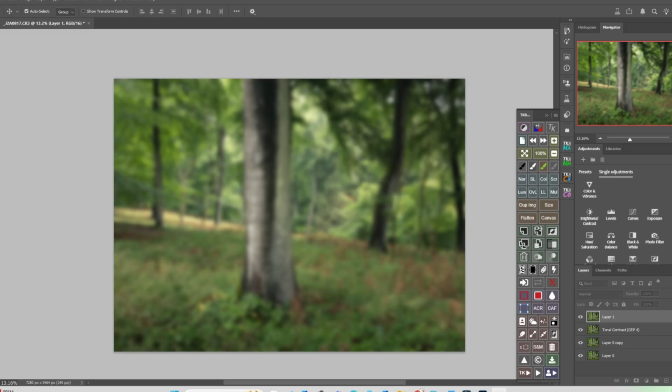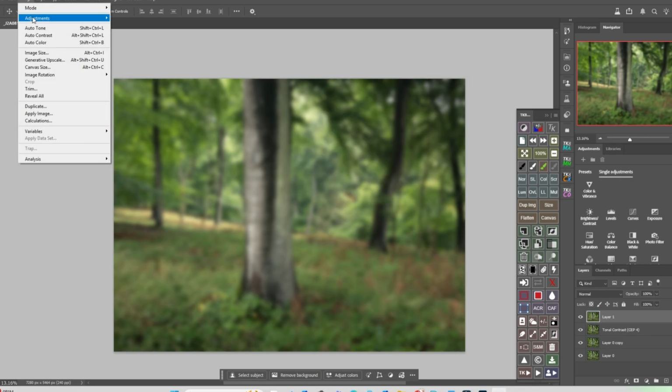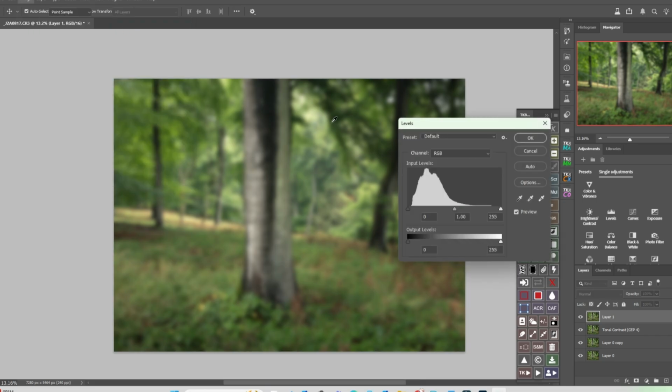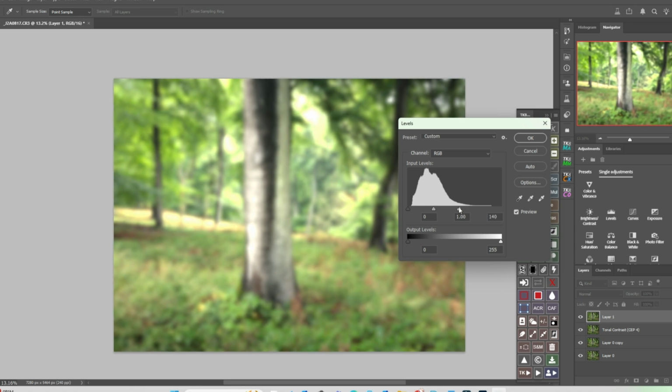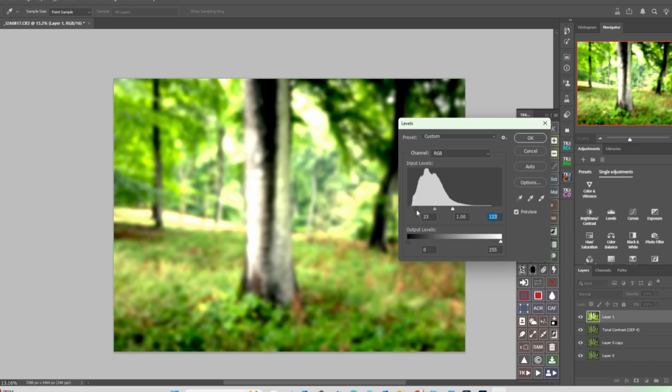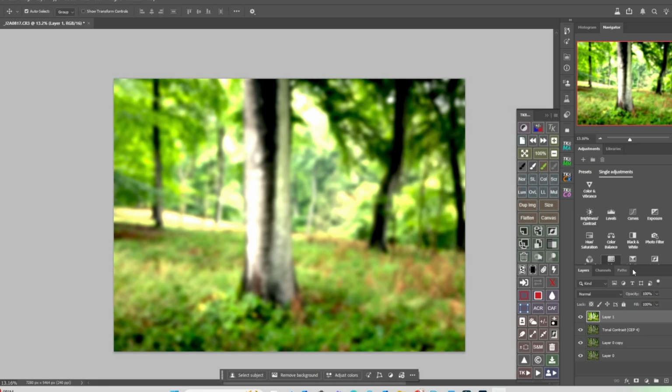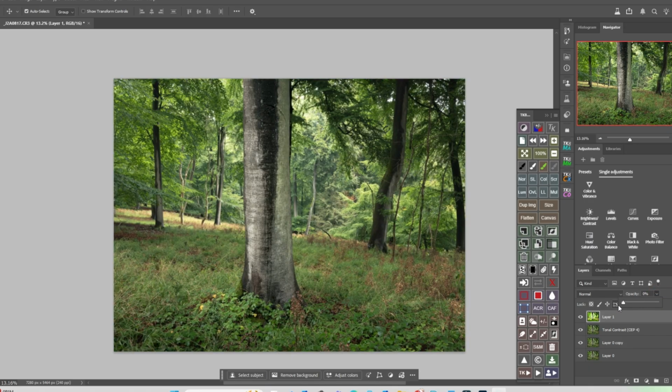Press OK, and then I go to Image, Adjust, Levels, and then I bring this right up so it looks quite garish. So the highlights are coming right up. That's about the right level now, so they're a bit blown out, and then you bring some contrast in, so there's some garish dark. Now that image just looks awful, but what we do is we go here to opacity and we slide it all the way back down, and it goes to what our starting image was just a minute ago,